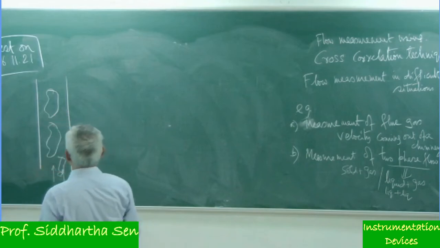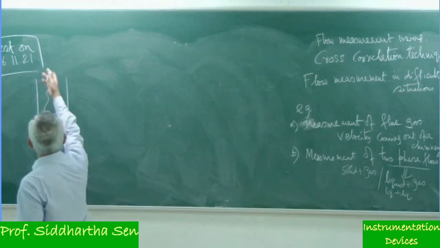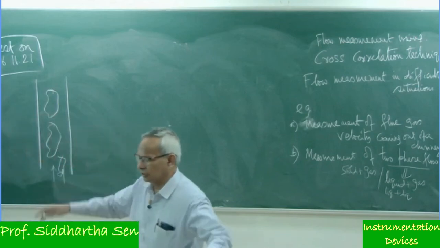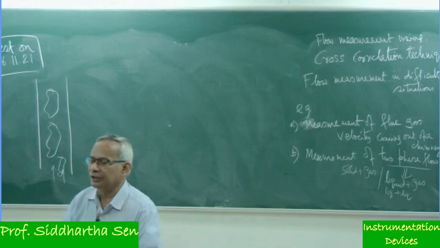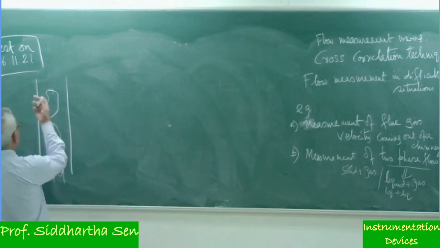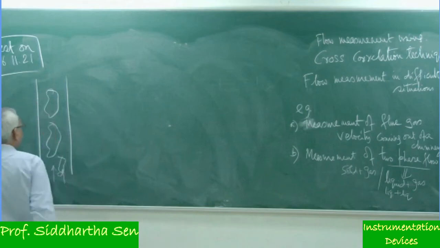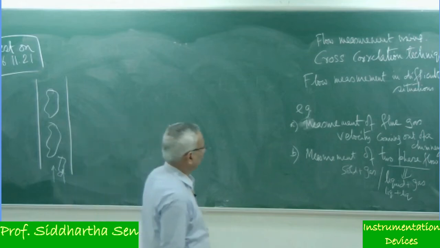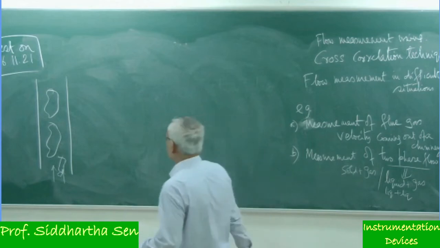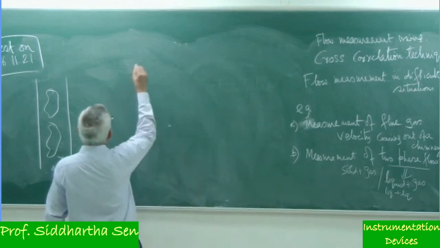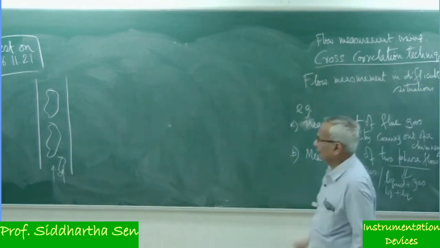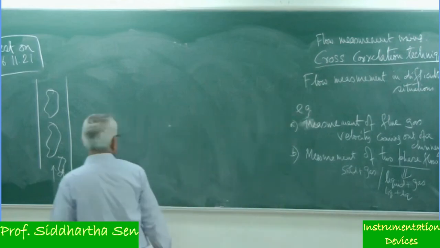So naturally difficulty is there, and often we will find that as it moves, the bubble also gets disintegrated into two or three, or three bubbles come together to form another big area. Now I want to measure the amount of flow rate going through. It is basically a challenging technique. I am just giving a few examples because time is short. This is where you use a cross correlation technique, and that is very useful in this way.